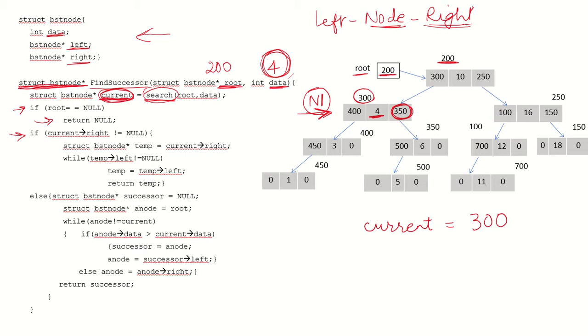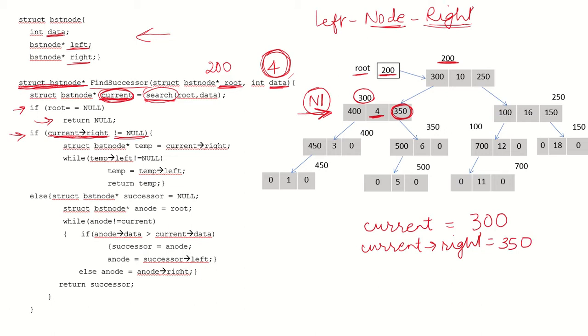So that is going to point to the right child of this particular node n1. So we check whether it is null or not. If it is null, that means there is no right subtree. So what we are doing is checking is current arrow right not equal to null. In this case it is not equal to null because it has a right child, and current arrow right is actually pointing to the right child which is at address 350.